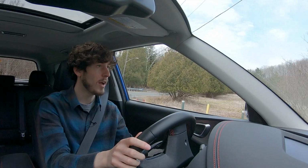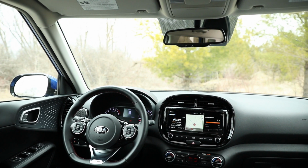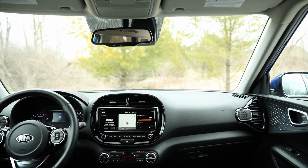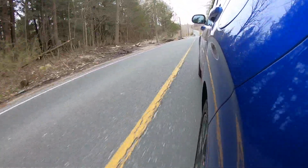First of all, as you're driving this, you have amazing visibility. The windows are tall, the pillars are slim. I can see out the back very easily. It's a very easy car to maneuver, and that pays dividends in tight city streets and also on the highway when you're trying to do shoulder checks and merges and lane changes and all the things you need to do